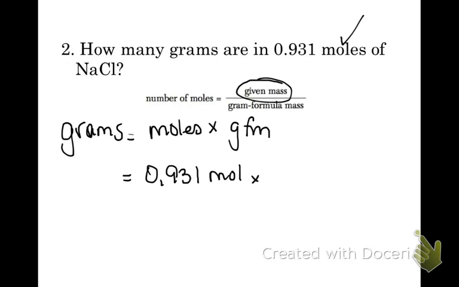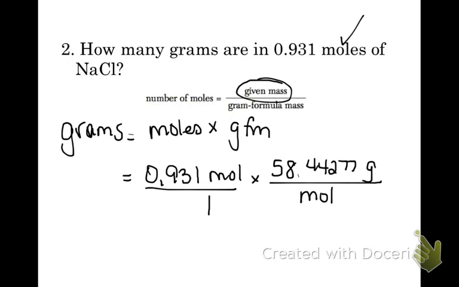And the gram formula mass, so here I take this from the periodic table, I add up 1 sodium, which is 22.98977, and then add that to Cl, which is 35.453. So I would end up with 58.44277. That unit was grams per mole. I can even set this over 1 if I need to. And I see that I can cancel out moles, and I'm left with the unit grams. When I put this into the calculator, I have